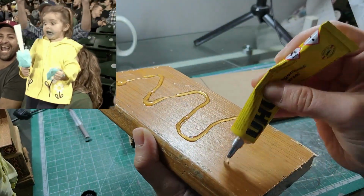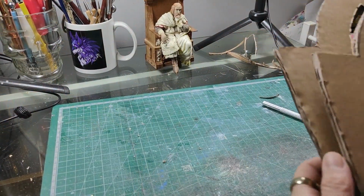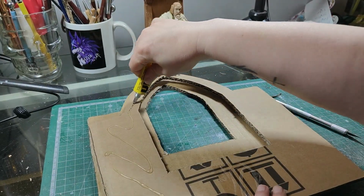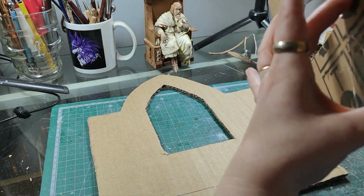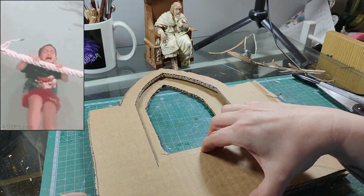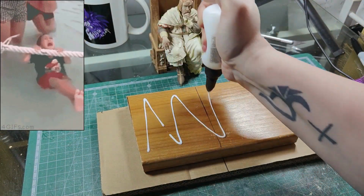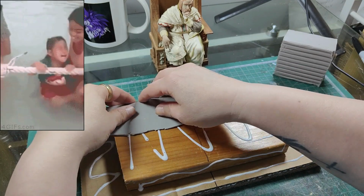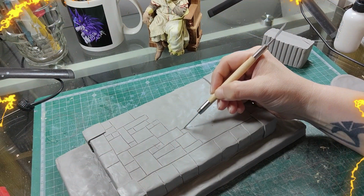And then I invested a ton of time into making this because he's done such an amazing job on that throne and King Arthur. I can't sculpt at that sort of standard. So when he asked me to finish it, I got a bit panicky, I think, and I took a very long time to make stuff that would normally not take me so long. So yeah, I do apologise that I've been gone so long,